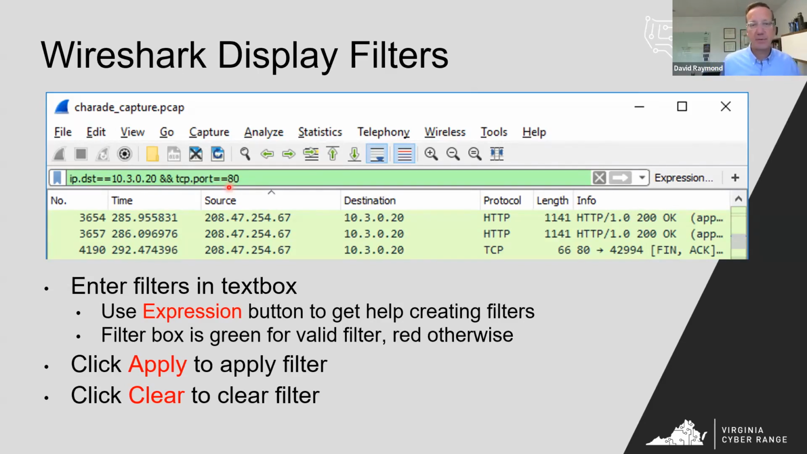And so in that case, we're looking for HTTP traffic. And so you'll see the protocol here, HTTP, right? And each one of these packets either has a source or a destination port of 80. So that's a packet filter. And I'll show you how to use this in a minute. You'll notice that